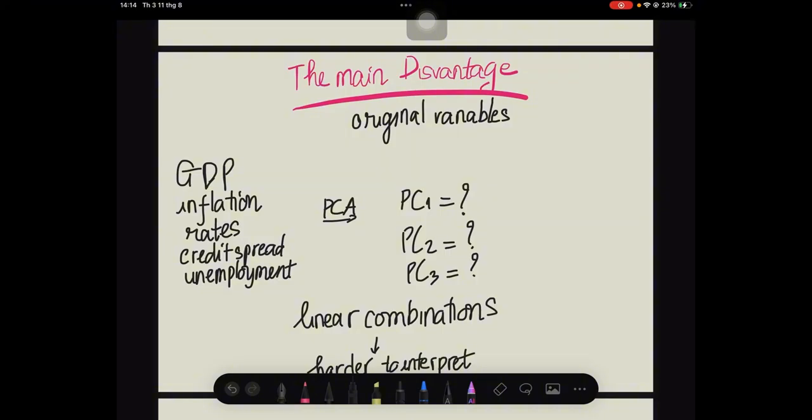What exactly is that component? Is it economic growth, monetary policy, financial conditions, maybe some combination of all 3? That's the problem. PCA is excellent at compressing information, but it is not necessarily excellent at giving that information an intuitive economic label. This is why PCA is sometimes described as relatively black-box-like from the user's perspective. Less complexity, but